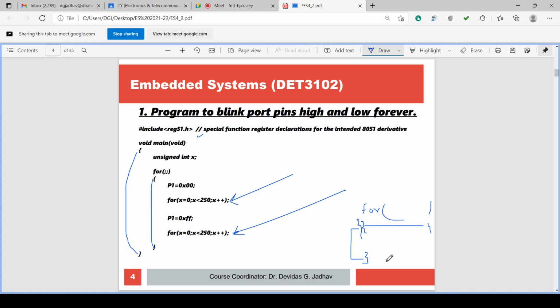For loops are executed multiple times unless and until the condition is false, and along with the for loop, the immediate next instruction, or the immediate next block of instructions created with the help of curly braces after the for loop, will be executed. So either a block or a single instruction will be executed along with the for loop.